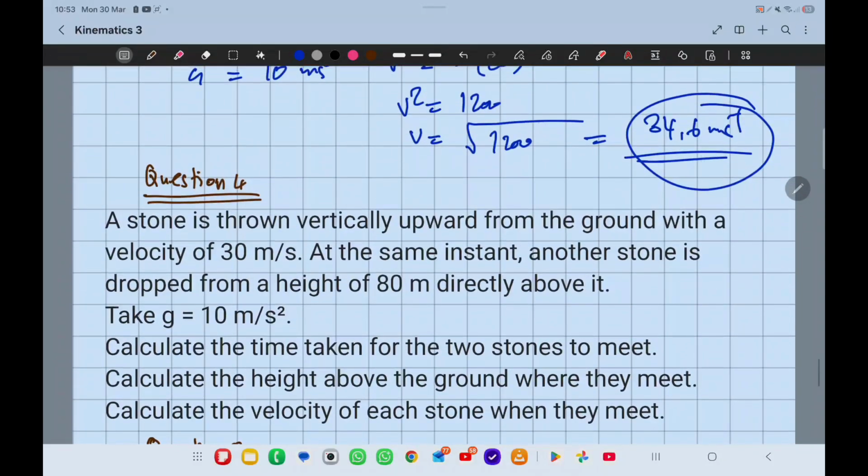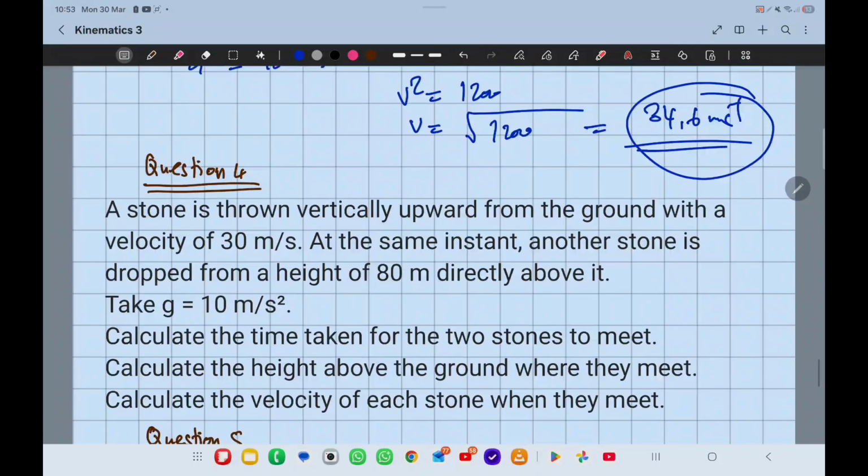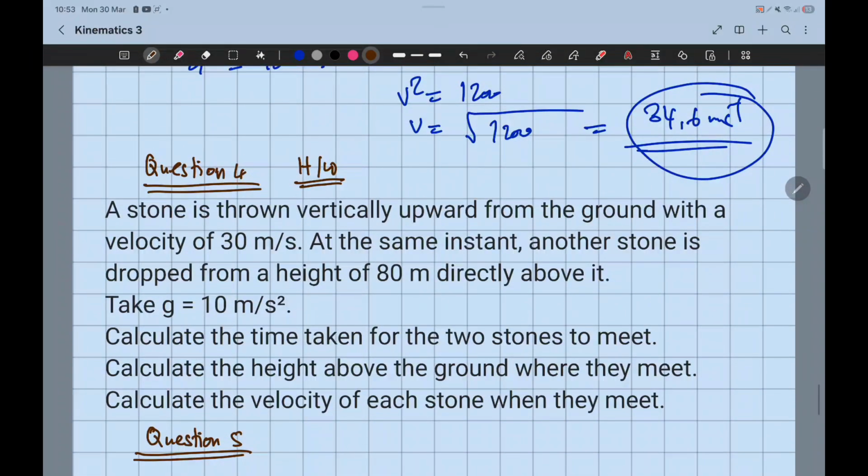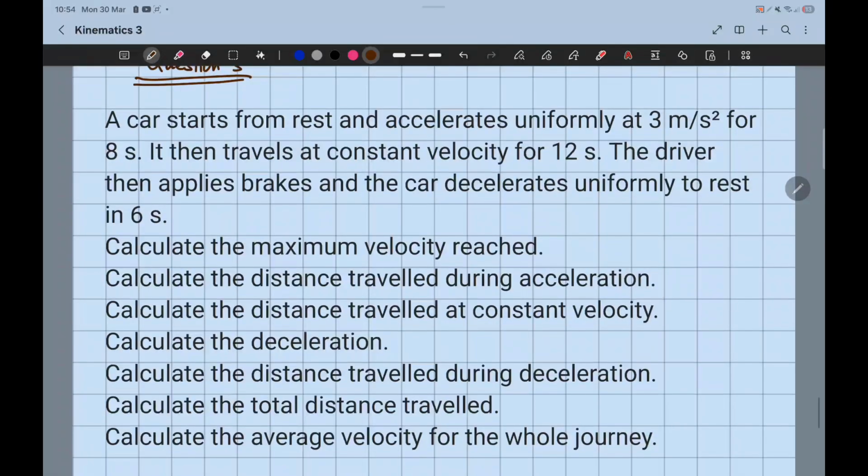So for your homework, you go and look at these two questions. You can pause and then take this question down, and also pause here and take this one down. Any questions that you face,